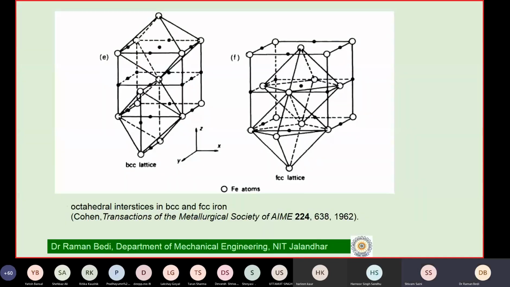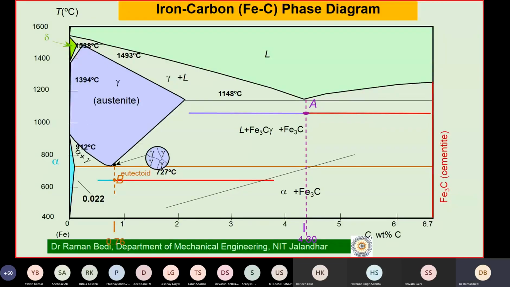This is the same thing which I showed you yesterday. Now this I have taken from published literature from 1962, where we find the FCC voids shown here, and in the BCC, both octahedral voids have been shown. We already explained this in our class. So you have an octahedral void at the center of the unit cell, as well as a second octahedral void at one of the edges, and at all the edges of the unit cell of an FCC crystal structure, you have the octahedral voids. Okay.